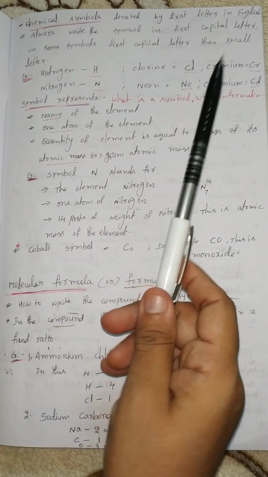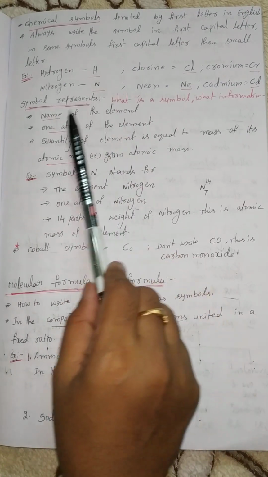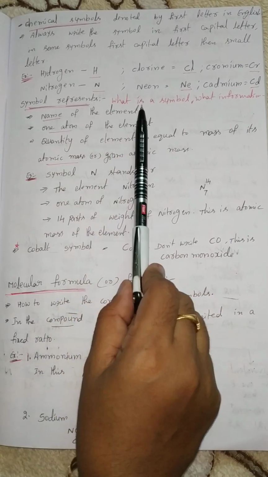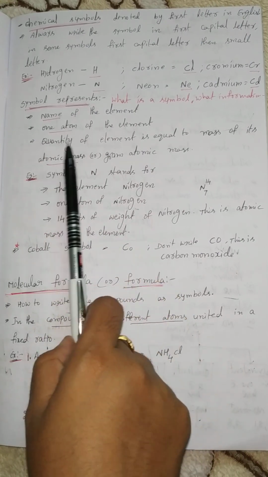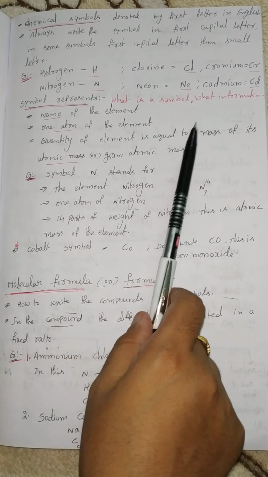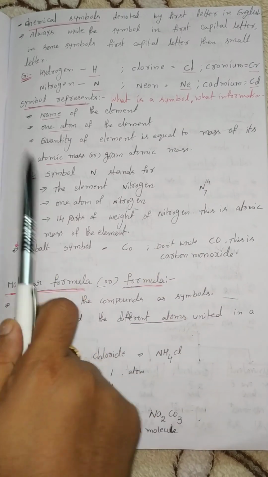The symbol represents the following information: the name of the element, one atom of the element, and the quantity of the element equal to its atomic mass or gram atomic mass. For example,